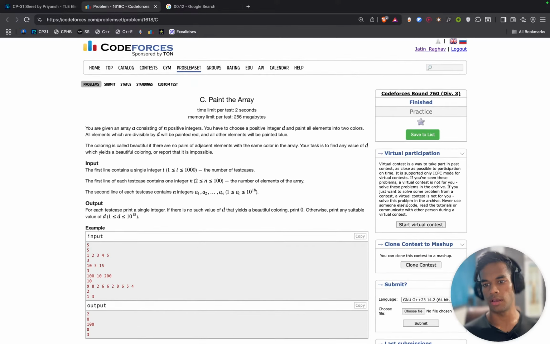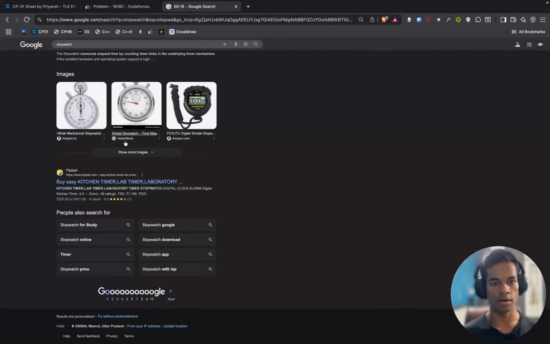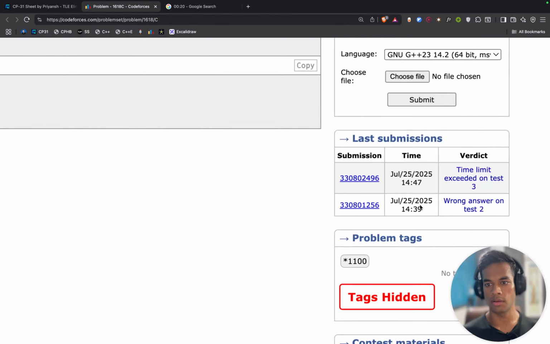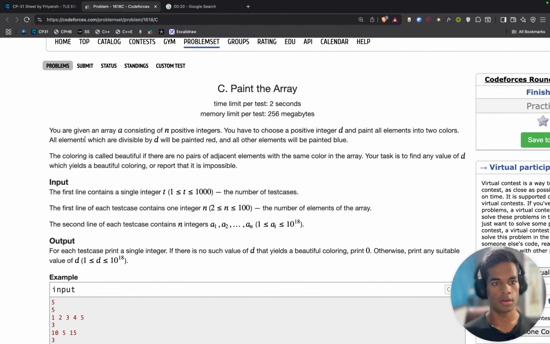Okay, I did this one. Wait. Time limit exceeded for this one. The question was, paint all the elements in two colors. All elements which are divisible by D will be painted in one color, and all the other elements in the other color.